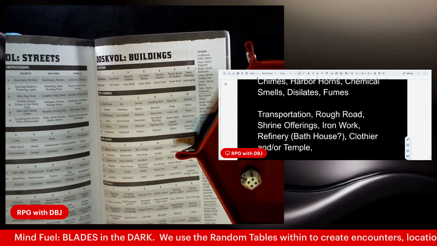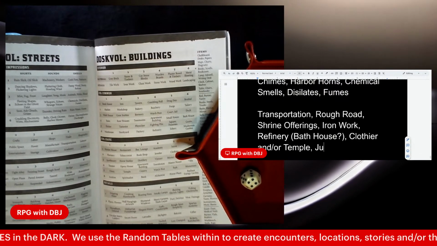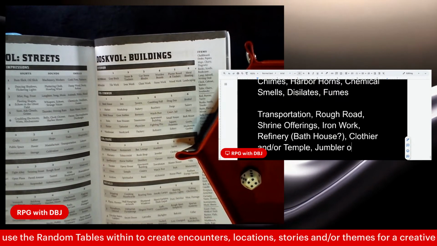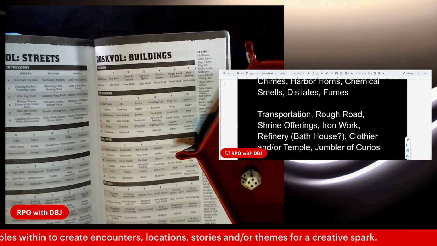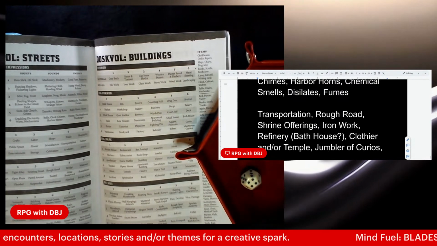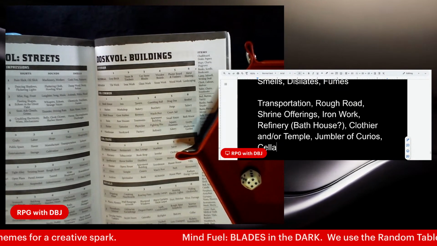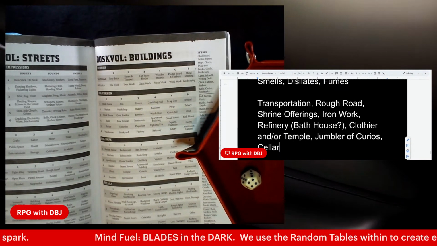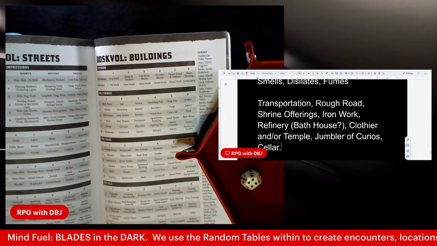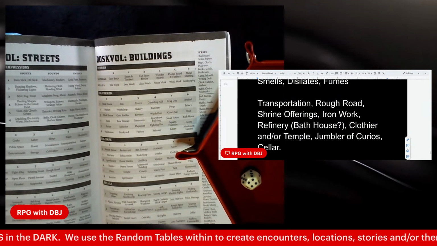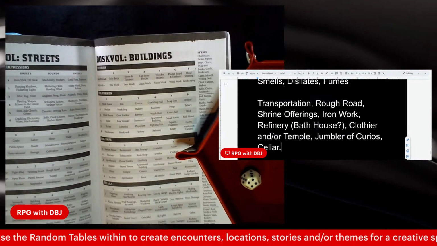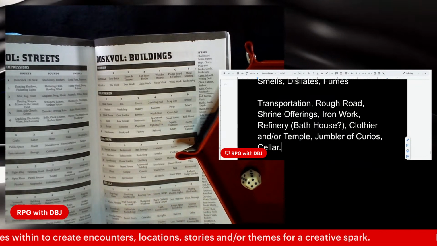Let's write both of these down. Jumble of curios, and 4 and 6, a cellar. All right. So here, I wrote down all the prompts that I might want to use for this particular adventure,